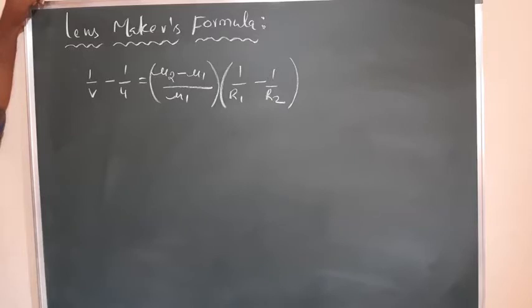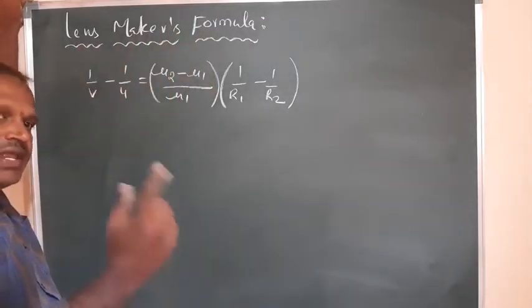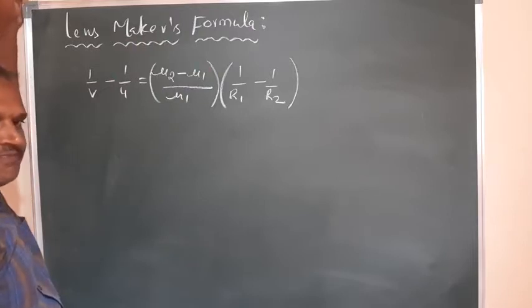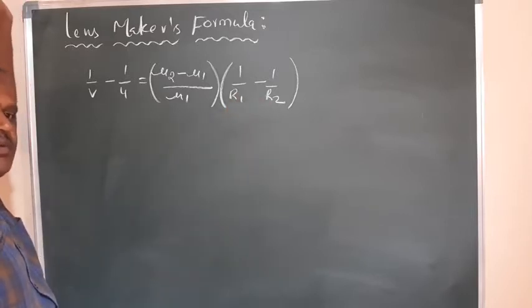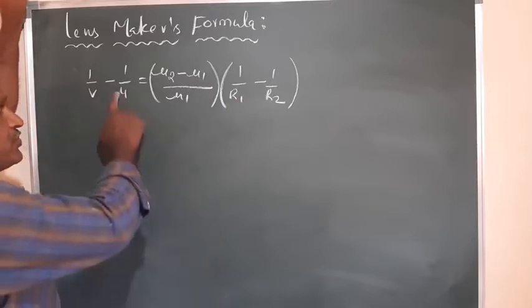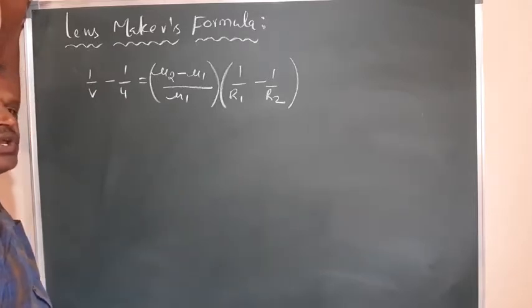To construct a lens, it is required to obey this formula, which can be used for any lens. That formula is called the lens maker's formula, which is given by this one. In this, we have a lens with radii of curvature of the two surfaces R1 and R2. Okay, for a given object the image is formed, where the object distance is u and the image distance is v. The refractive index of the lens is mu2, and outside the lens the refractive index is mu1. Then the relation between these variables is given by this equation.